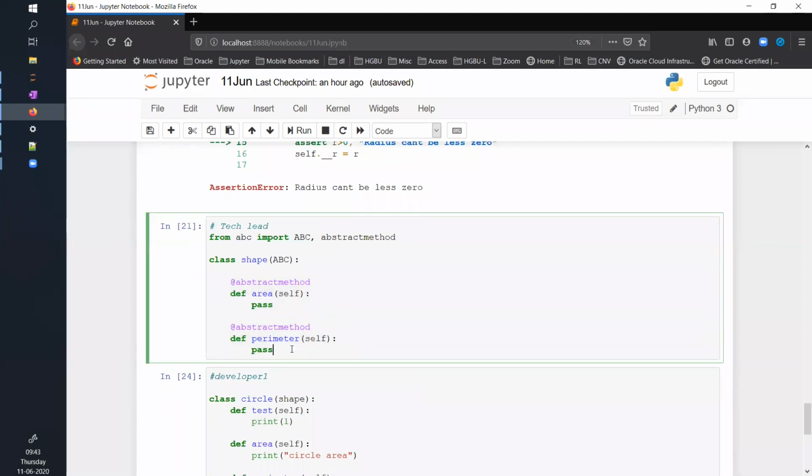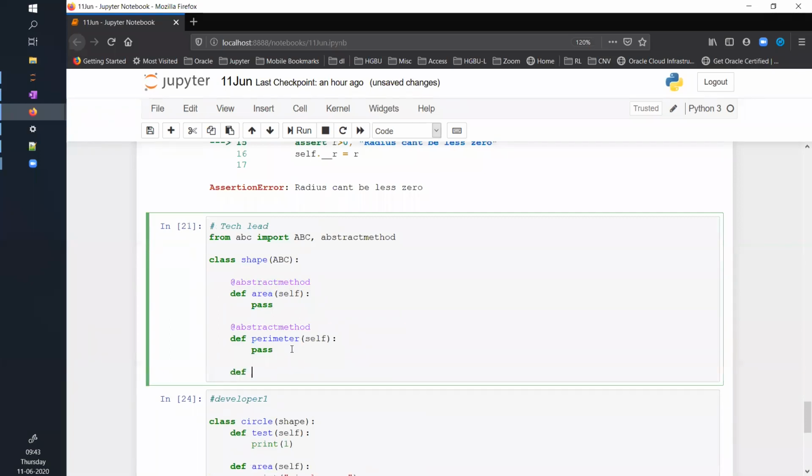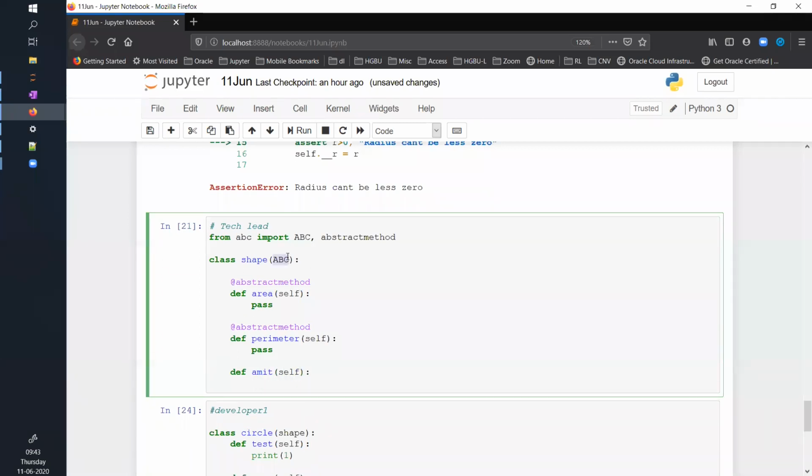Now let's create another method here. Def, same method, test, or maybe Amit, some method Amit, and I will say this is an implementation. You can think of this as a class. This is abstract base class. As when we were discussing exceptions, when you have to create custom exceptions, you will inherit from base exception, right? When you create a custom exception class, you will inherit from